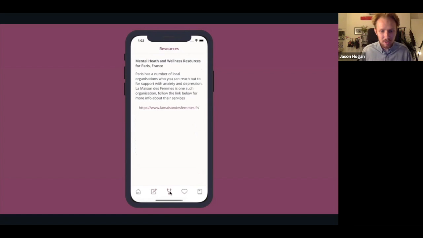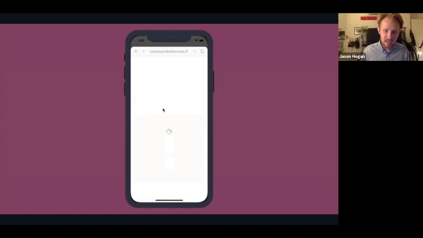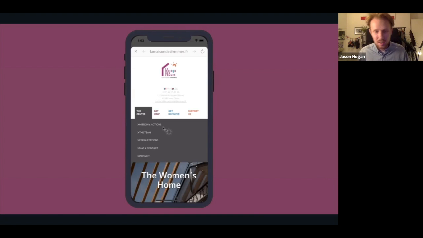So the next part of the app is resources. Again, this is a very lightweight example of what might be in here, but local resources such as websites to help with anxiety and depression, or local women's shelters. So on a page like this, perhaps Maria has said, okay, I want mental health resources in Paris, and this is something that we found. And we can show it to her. She can open this within the app, navigate the website,